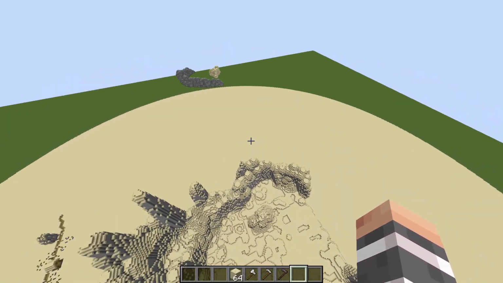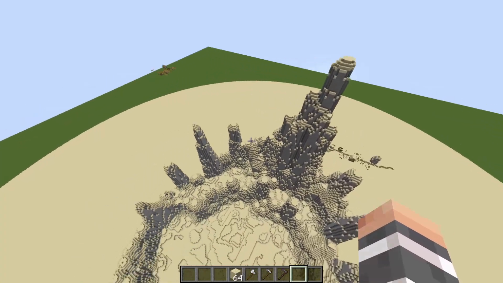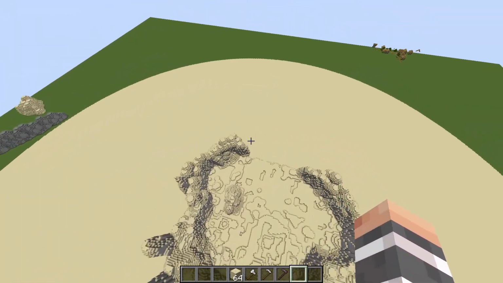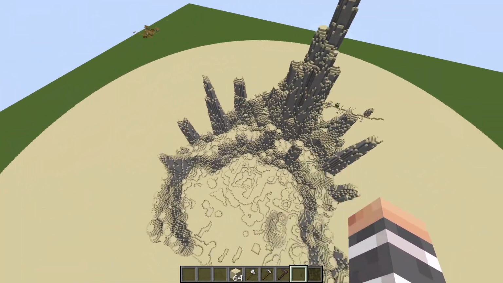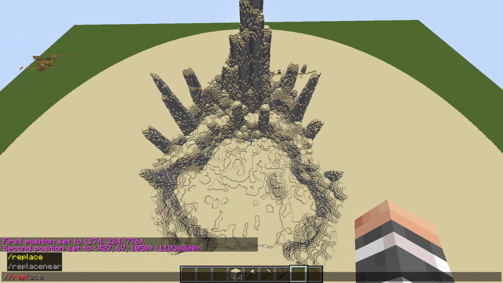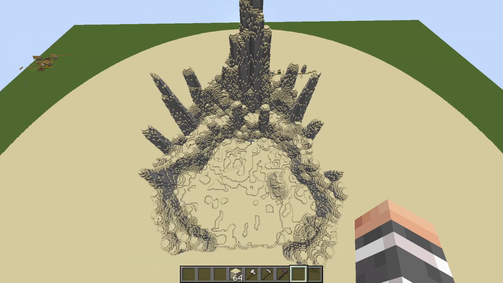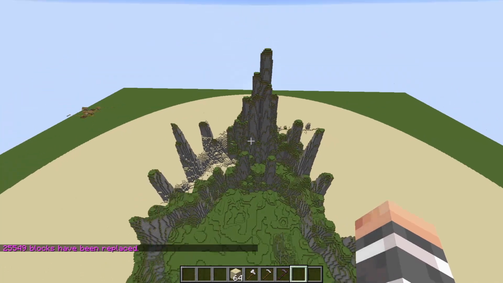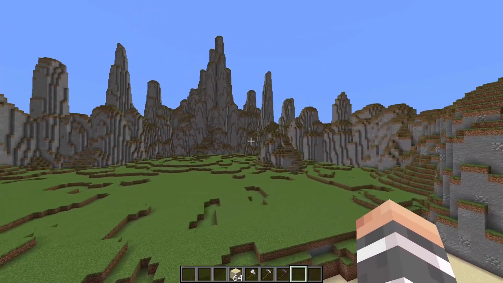Okay, maybe not this much sand, it took like 30 minutes to fall, so try to make a few smaller cylinders and try to use math when you do this. So now let's replace the sand with grass blocks. Okay, now we need grass on our grass blocks.